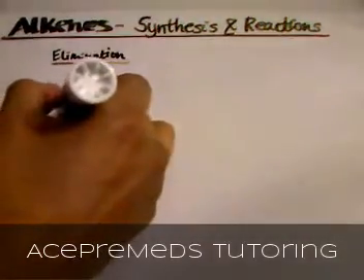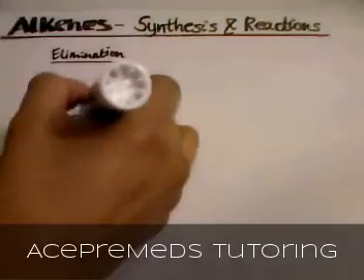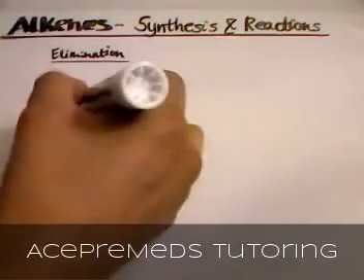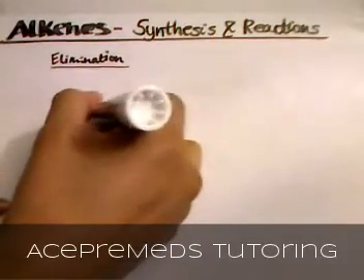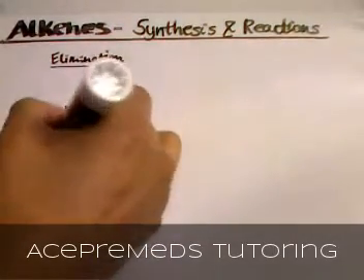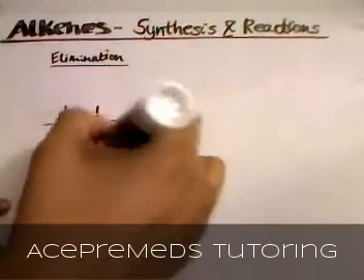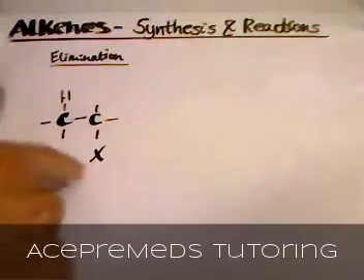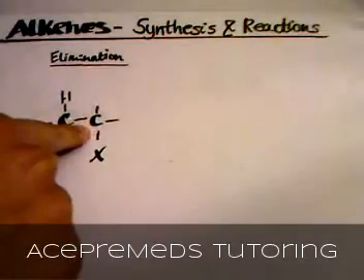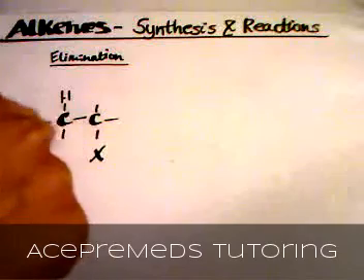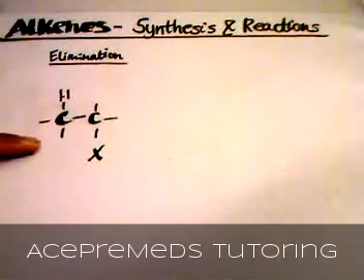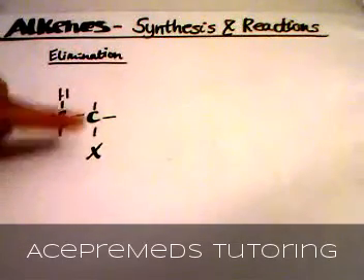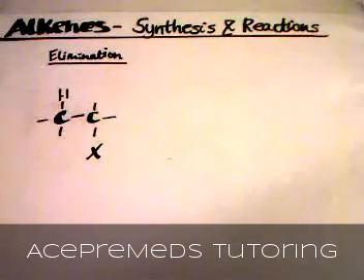We learned that an alkyl halide has a halogen bonded to an sp3 carbon, and a minimum of 2 carbons are required for an alkyl halide to go through elimination, because a double bond can form between 2 carbons. So an alkyl halide, which is a halogen bonded to an sp3 hybridized carbon,